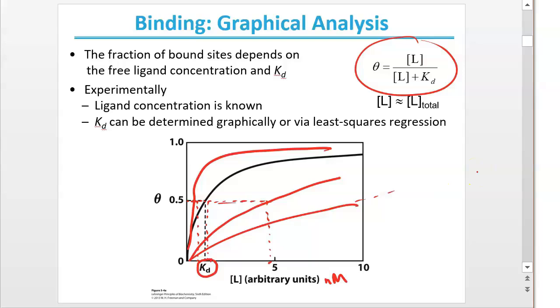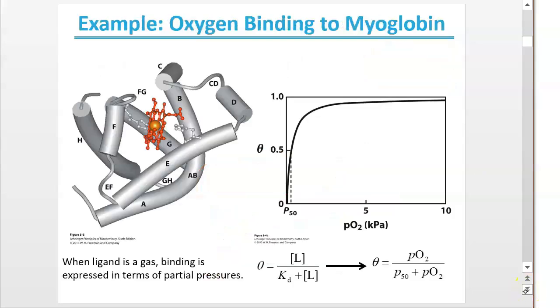So the dissociation constant is a measurement of how tightly the ligand binds, and the smaller the dissociation constant, the more tightly that is. When we are talking about myoglobin and hemoglobin, it's really hard to measure the molarity of the ligand because the ligand is oxygen, which is a dissolved gas, and so it's easier to measure the partial pressure of the dissolved gas, and that is indicated, since it's oxygen, the PO2. The metric system unit of that is kilopascals. In general chemistry, you might have used atmospheres or torr to measure that. Torr, which are millimeters of mercury.